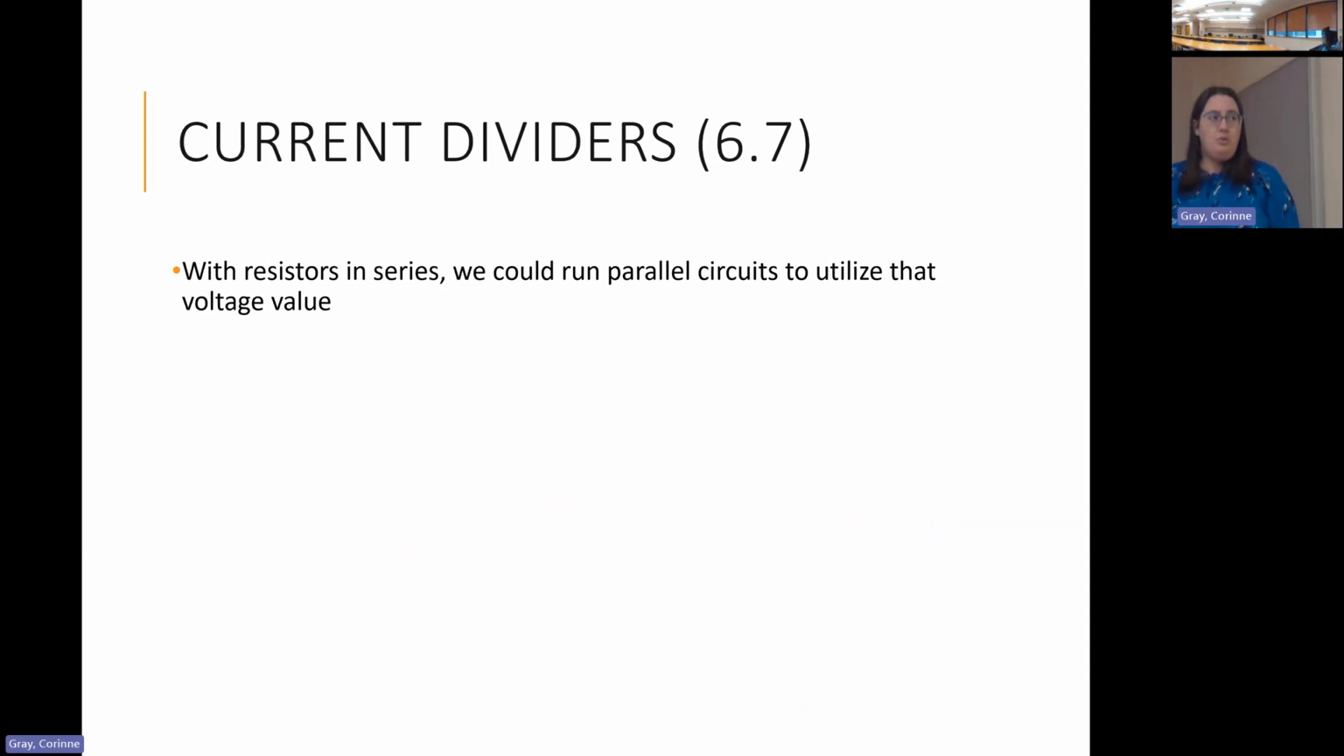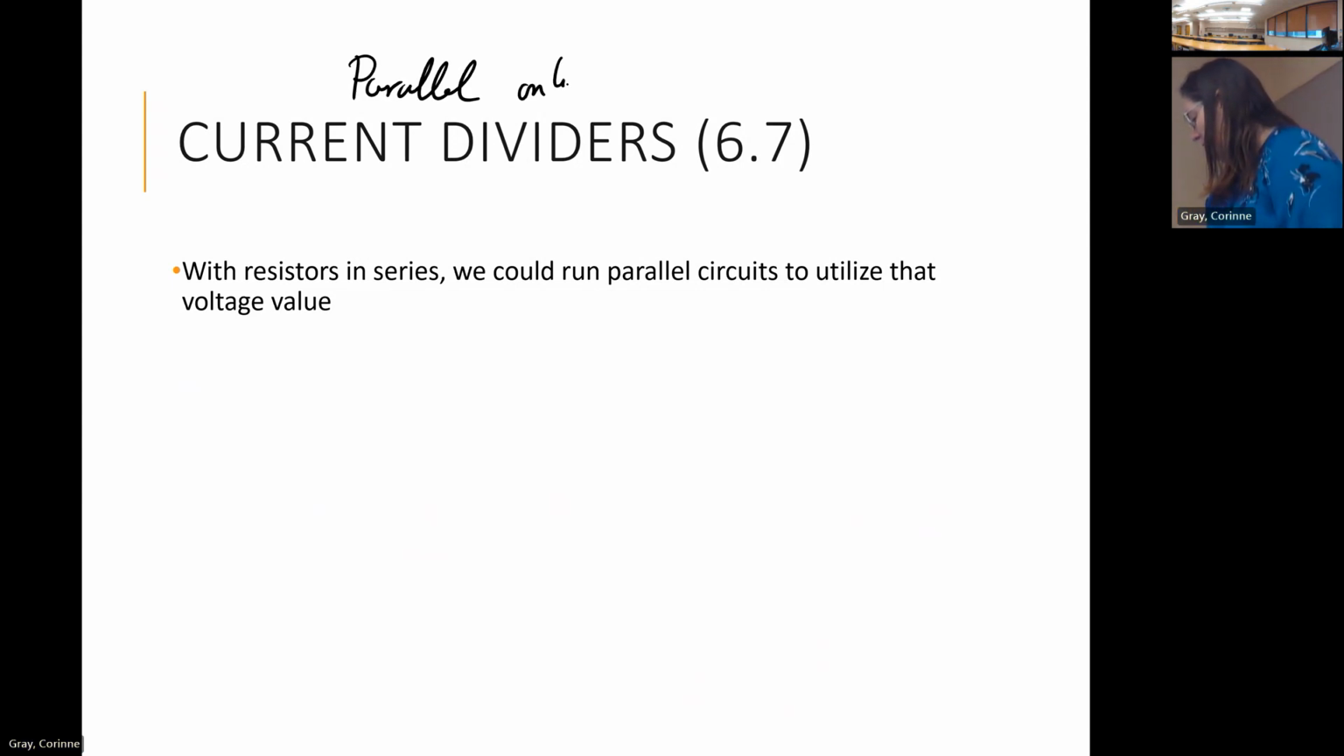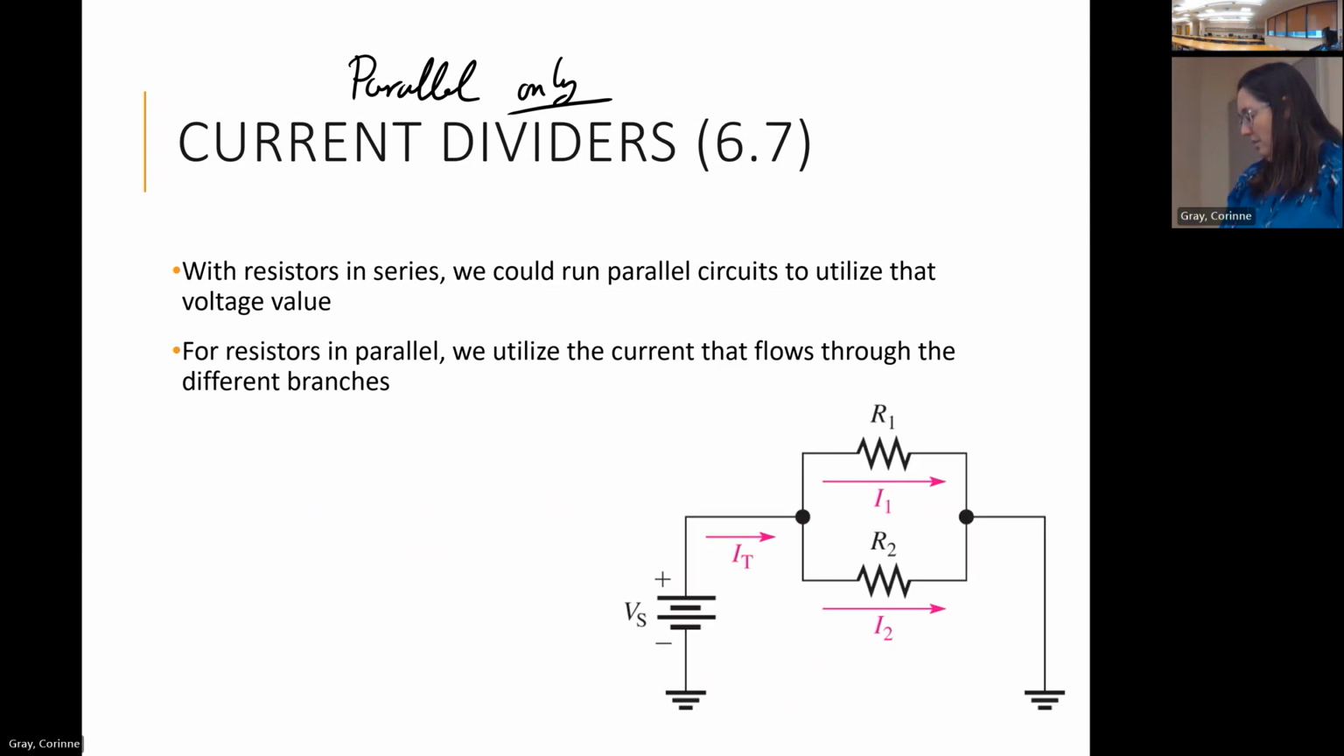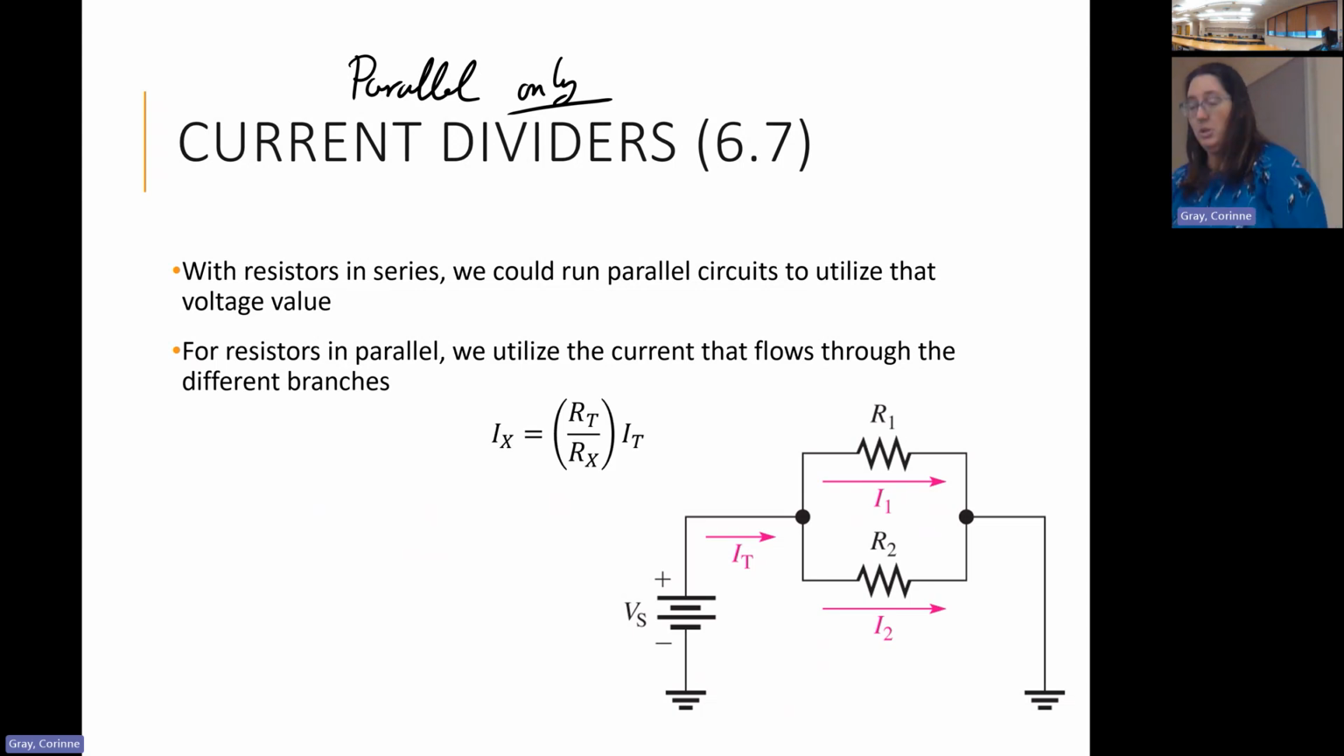The same idea is kind of true for current dividers. So this is going to be where we have them in parallel only. So series, we have voltage divider, parallel, we have current dividers. So what we have here, right, we have a current, it's getting split between them. We have a similar looking equation because of how resistors interact with each other in series and parallel. The relationship between RT and Rx is flipped. So we can derive these from each other through Ohm's law. But here, RT, this is the total